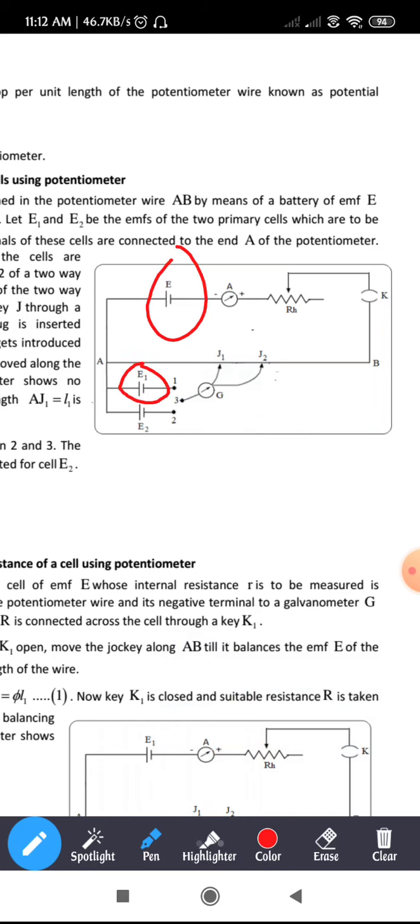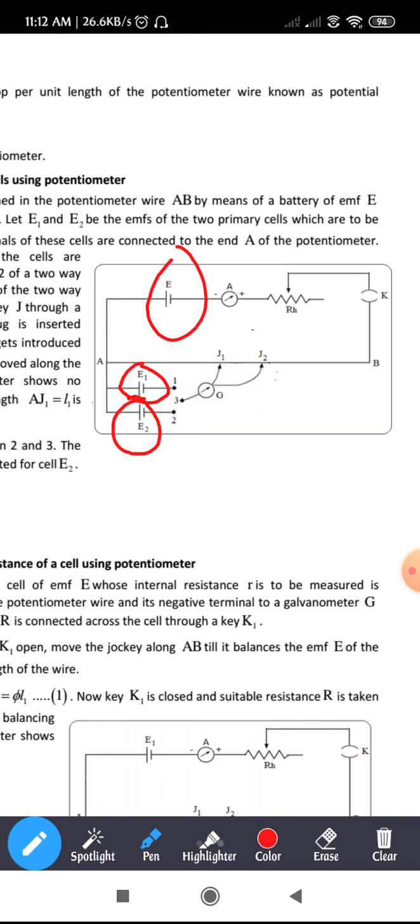We call that one the Leclanche cell. Next, from the same terminal, the second cell we have taken, that is nothing but the Daniell cell. This Leclanche cell and Daniell cell, all I'm going to explain once the practical is started. Once the college starts, I'll explain in the laboratory. Since you have this experiment in your second PUC practical examination, I'm going to explain in detail. Don't worry about that. Just now, just go through.